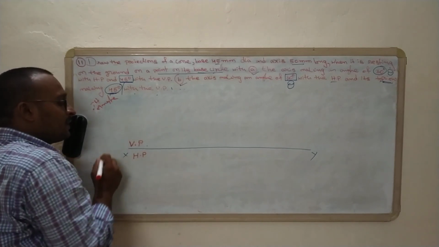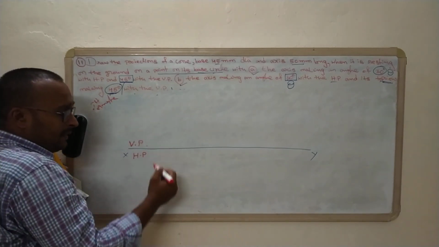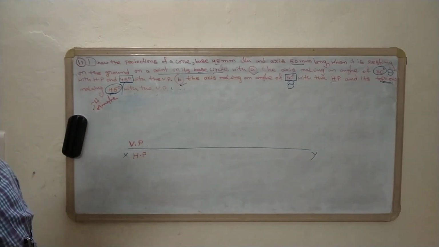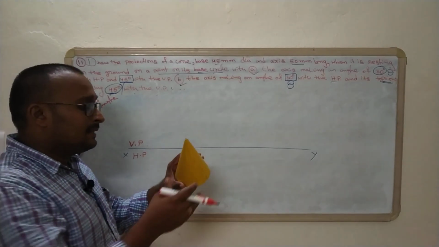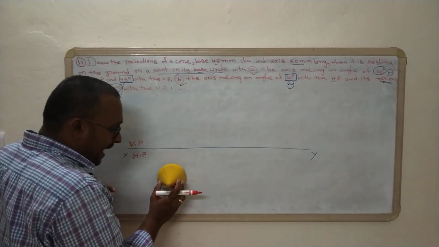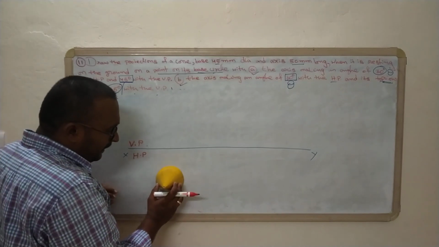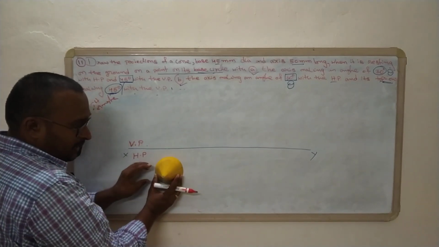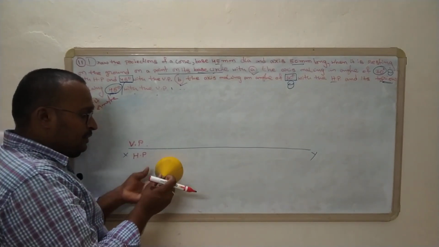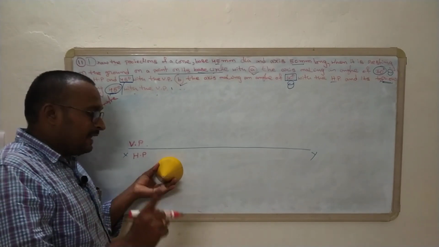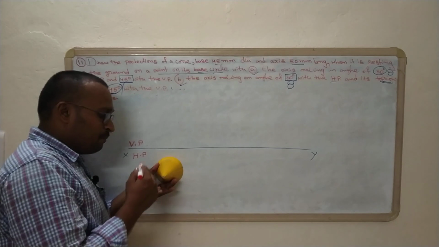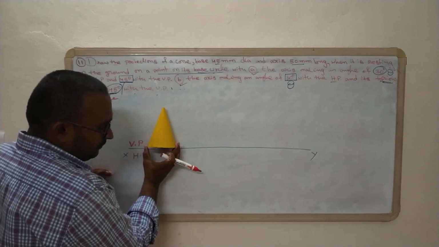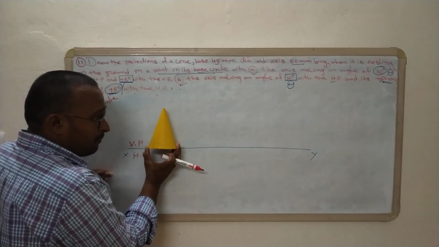In first angle projection, definitely we will have a vertical plane and a horizontal plane. Here the first position is that this is the cone axis, in simple position, perpendicular, resting with its base on HP. Here this is the initial position, that is, simple position, first stage. This is the top view and then this is the front view of the given problem.